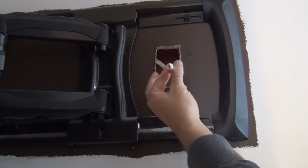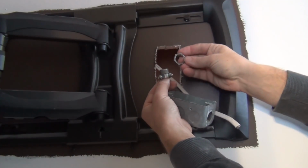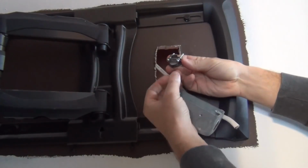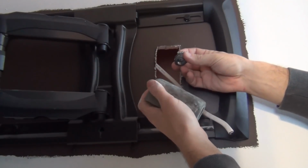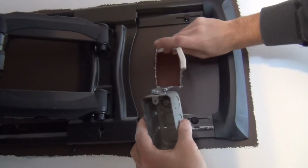But on the other side here, I've got our wire pulled in here. One thing I didn't talk about in the tools and materials list is one of these little connectors. If you're using a metal box like I am, I know there's a lot of people who disagree with these, but I really like using metal. You need one of these little clamp connectors for